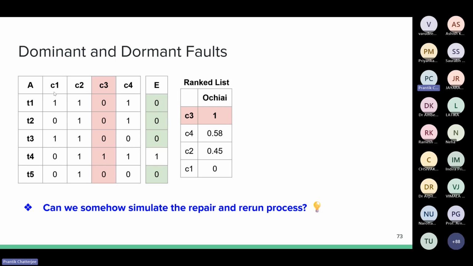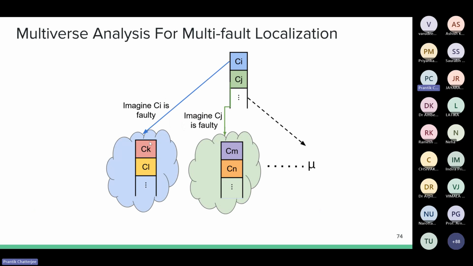If we assume that CI is the buggy component and we have fixed it, then we simply flip these bits. We say these tests have now passed. Once these tests pass, we get a new rank list, like here, right? CK bubbles up. So if you imagine CI is faulty, then you get CK and CL at the top.